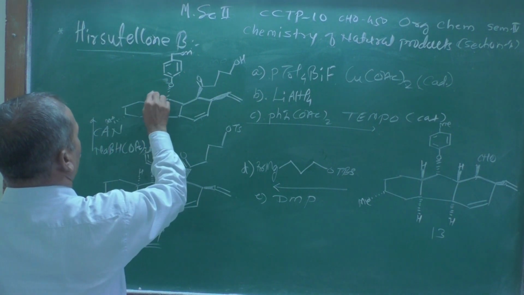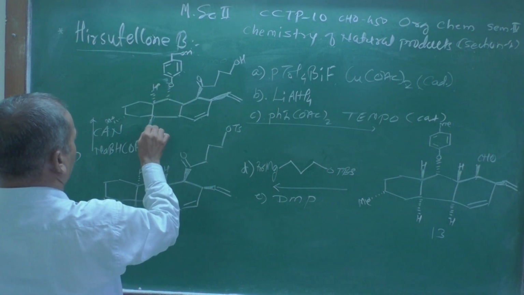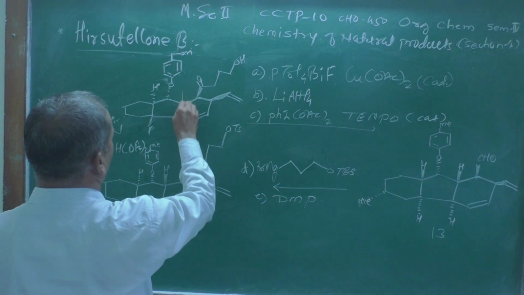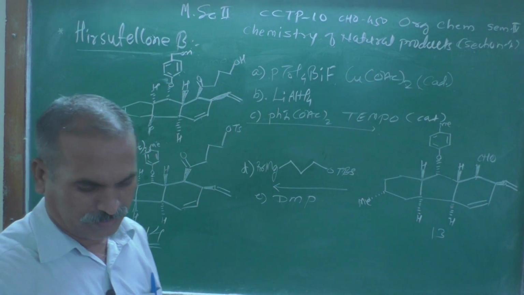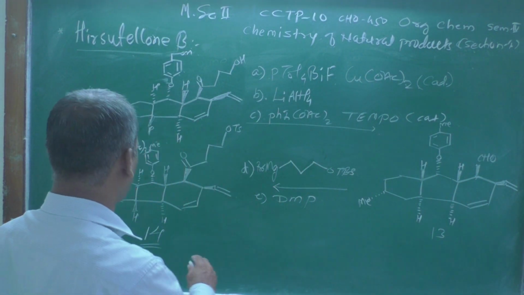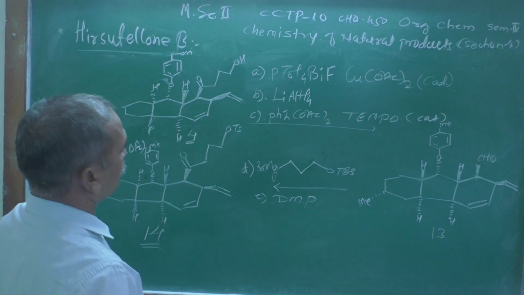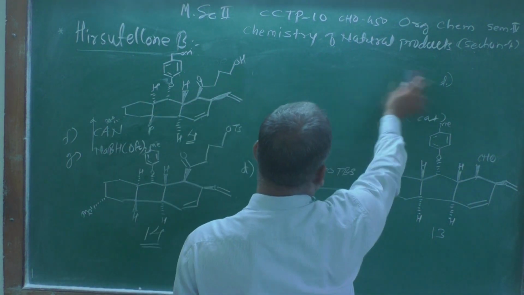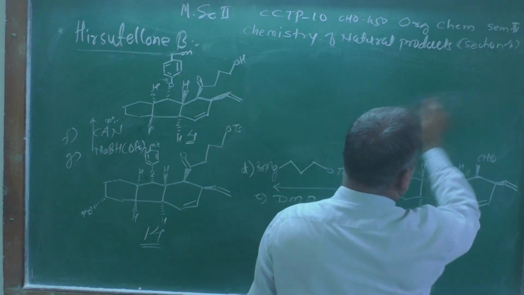Here the hydrogen atom goes below the plane, this hydrogen atom comes above the plane, this hydrogen atom goes below the plane, and this hydrogen atom remains above the plane. And this structure is nothing but structure number 4, this one. Up to the structure number 4, which we got from structure number 13. And now